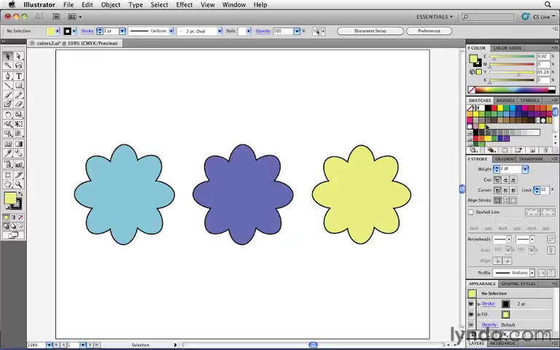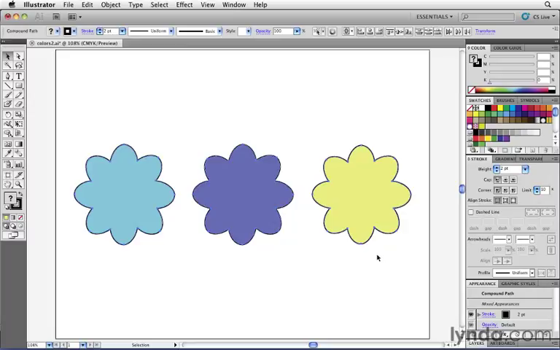One of the really nice things about color groups, though, is how they help you manage color even after you've added those colors to your document. For example, I have 3 colors here used on these flowers in this document, but I didn't really take the time to define swatches for them. Or maybe I opened up this file, which I received from another designer, and they didn't go through the process of defining swatches for it, but I'd really like to use these colors quite often, so I want to turn them into swatches. So what I can do is select these 3 elements right here on the artboard, and now